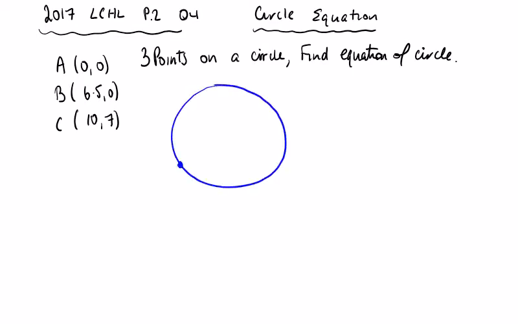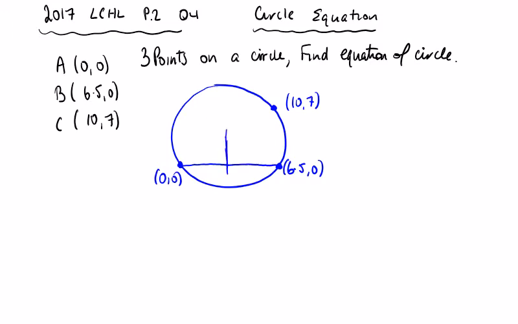This is the point 0, 0. 6.50 would be here. And it's not very accurate, but 10.7 will be somewhere up here. Now, the equation of a circle, the chord, the perpendicular